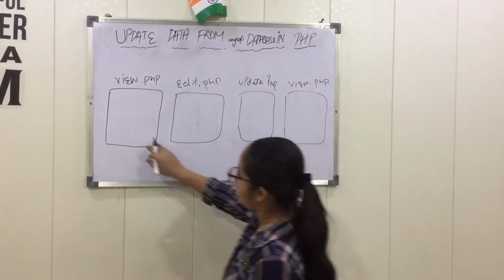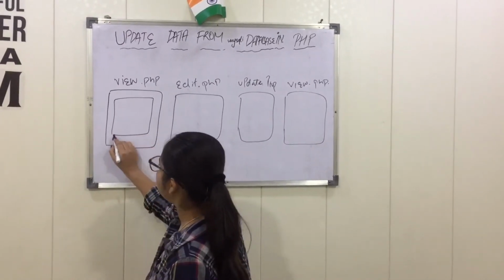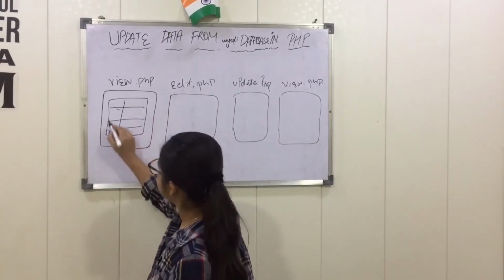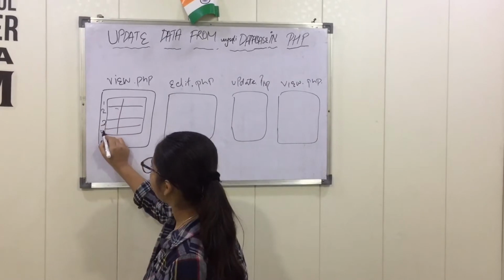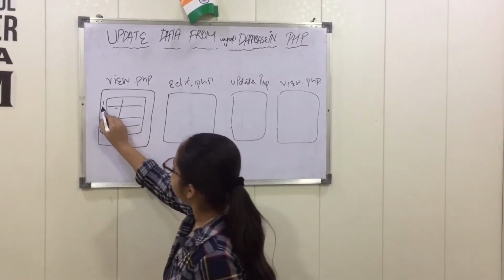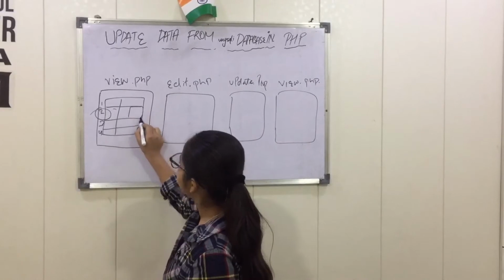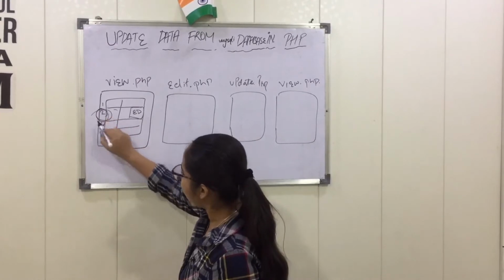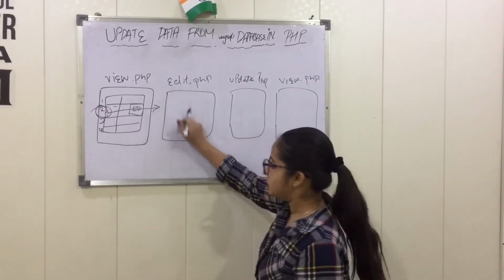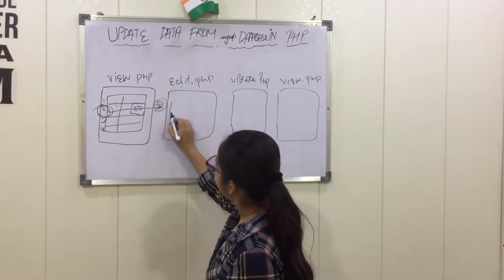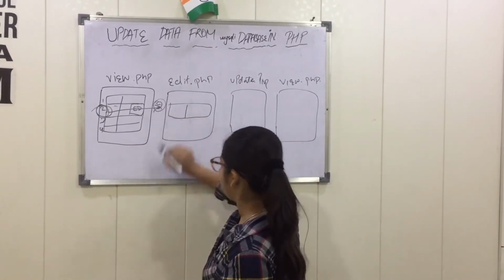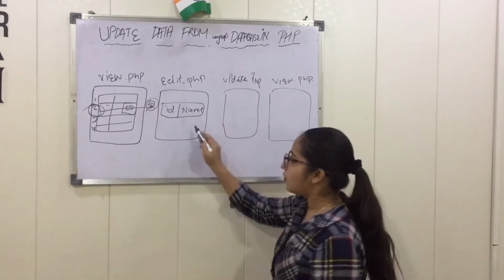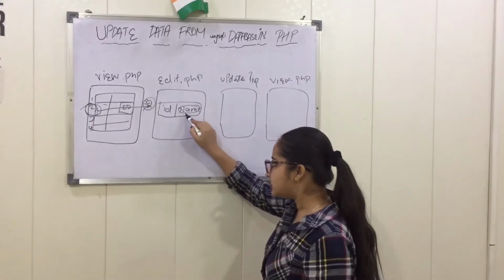After this, the HTML form has already been created. In between this we have created a design of a form, with 1, 2, 3 and 4 fields here. Suppose I have to edit my second field. Here the edit anchor is written. When I click edit on my second record, it will go to the edit page, so only the second number ID will be displayed here in this form. Suppose here is my ID and here is my name.